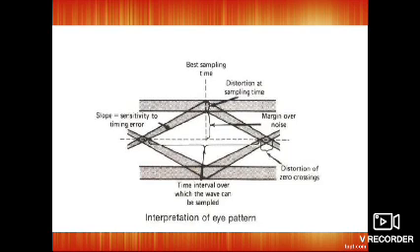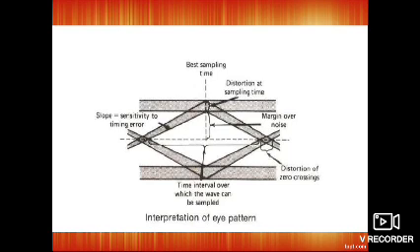The figure shows various sampling instances T1, T2, T3, etc. The baseband signal is obtained over the time period TB between two sampling instances. Each sampling interval is TB. The name eye is given here because it looks like an eye. This pattern can also be obtained on a CRO if we apply y of t to one of the input channels and apply the signal at the triggering rate 1 by TB seconds.